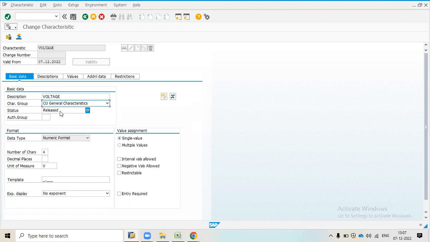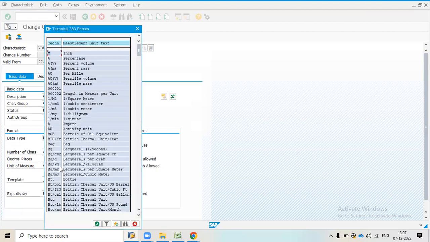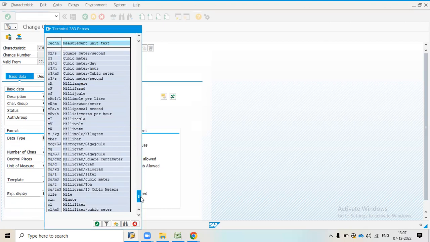After that, status we can take as release. After that, data type will be numeric format, number of characters 4, and unit of measurement we are taking as voltage or V, because here V stands for voltage.